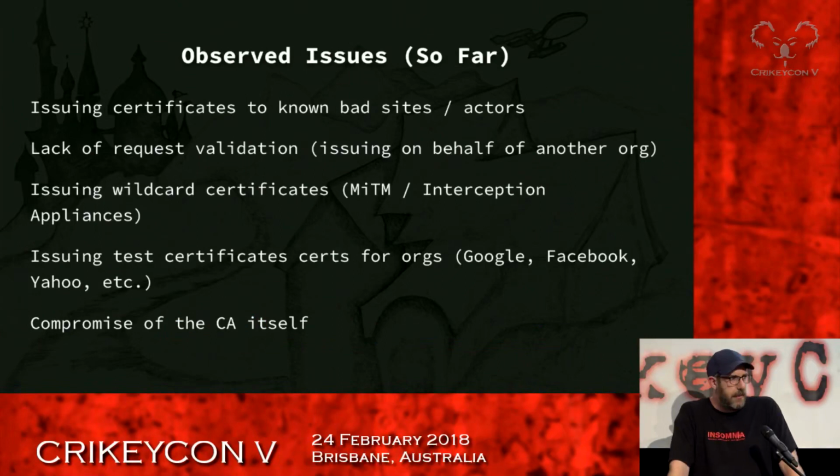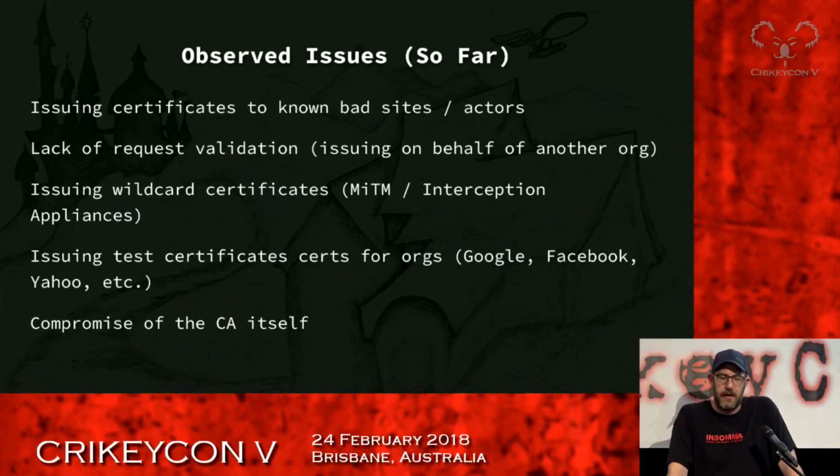So what are some of the issues that we're seeing with CAs, right? What are some of the trust breaches? Well, we're seeing certificates issued to straight up bad actors. Like, they know this person is bad, but there's no actual checking going on of who's requesting the certificates. Lack of request validation, so me just creating CSRs for various other organizations, putting them through reseller accounts with less verification that would probably go through on them.